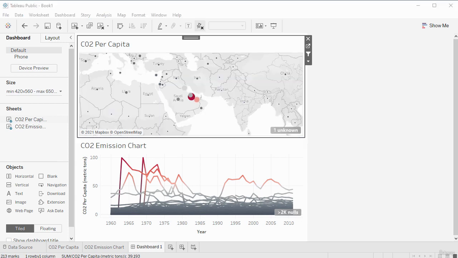If I wanted to, I could spend more time formatting the dashboard. So here in this area here, we've got some objects we can use to format the dashboard. For example, I could add a title to the dashboard. I could add annotations, I could add images, and even web pages to this visualization. I'm going to add a title